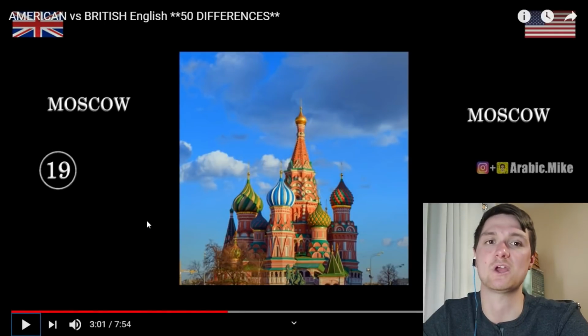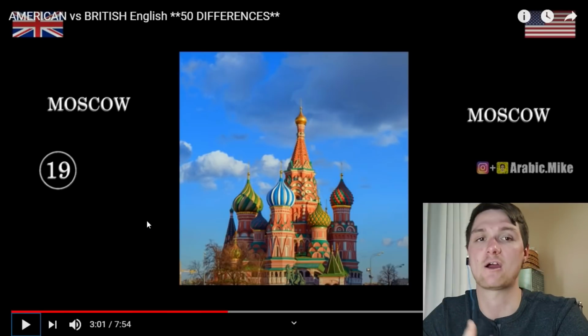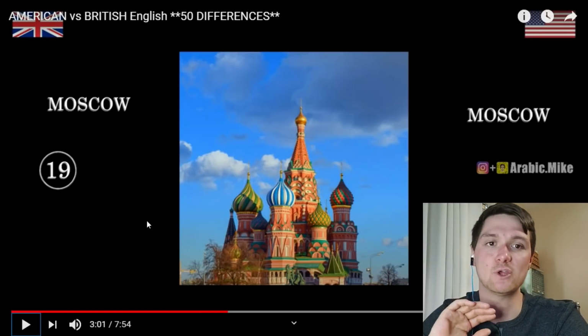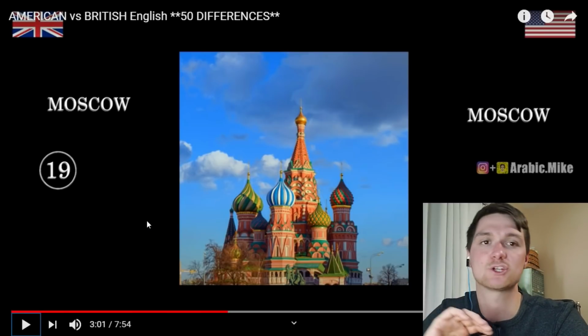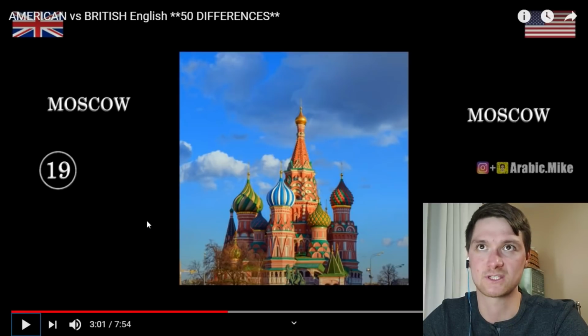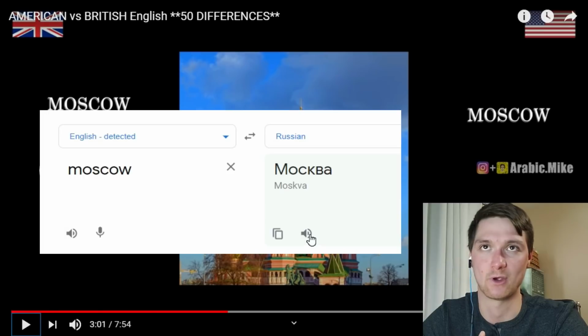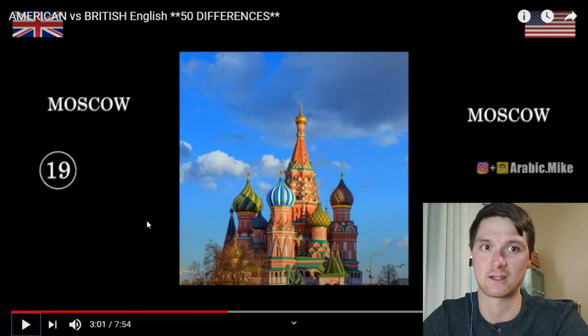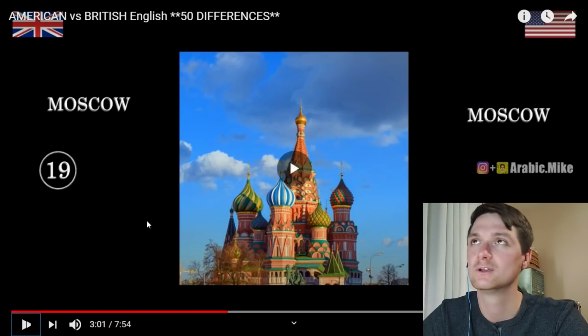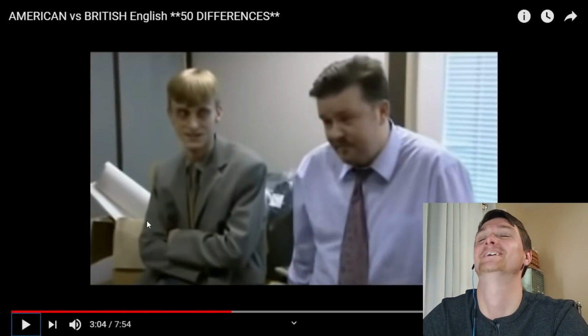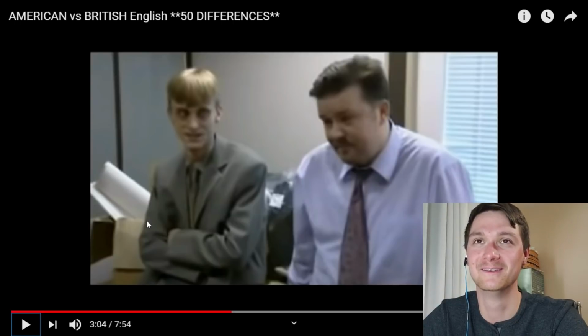The thing is, to me, it doesn't really matter how Americans say it, and it doesn't really matter how the UK says it. It really should matter how Russia says it, because it's a Russian city. So however they pronounce it, we should pronounce it that same way. Москва. At least that's how I feel. Get out. I mean, how do you guys say cow? Do you guys say cow or co?